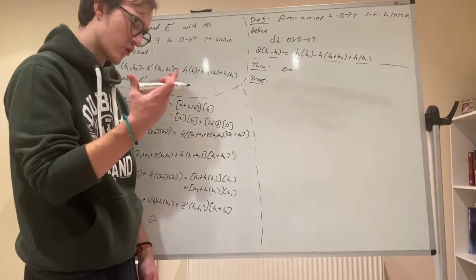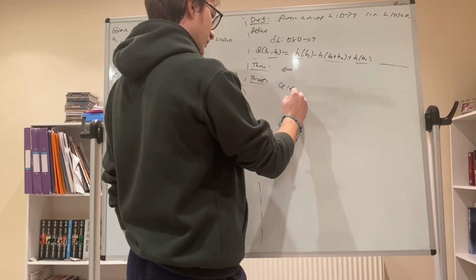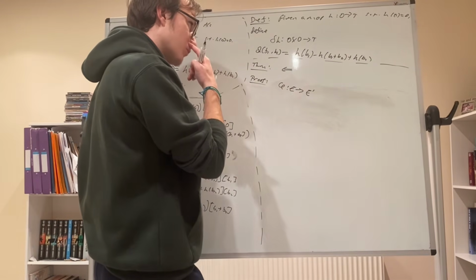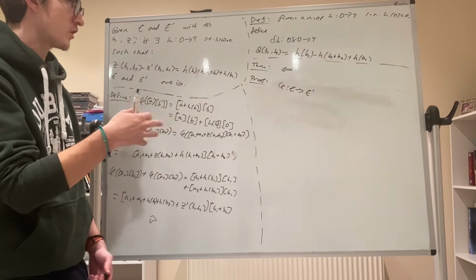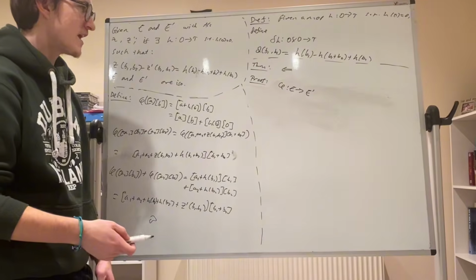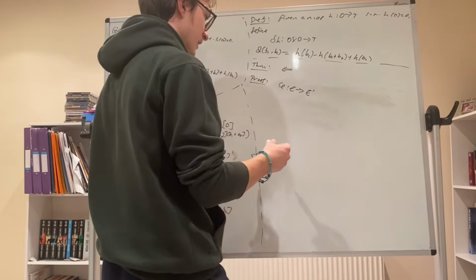Okay, so how do we prove this? Well, let's say we're given some isomorphism phi between E and E prime. Then, what do we want? Well, we need to define some coboundary such that the difference is a coboundary. And a natural one to consider is to define